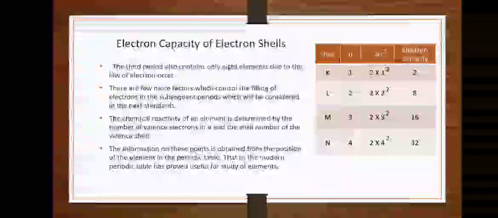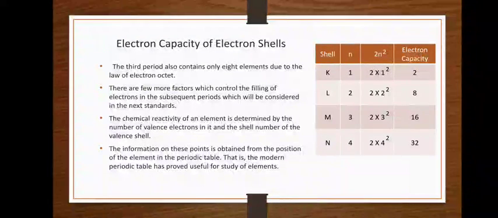So this is all about electronic configuration, groups and the periods. Next, we will talk about the periodic trends in the modern periodic table. Followed, students? Till then, please properly learn about the electron capacity of the different shells and how the trend will change when you move from left to right and move down a group.